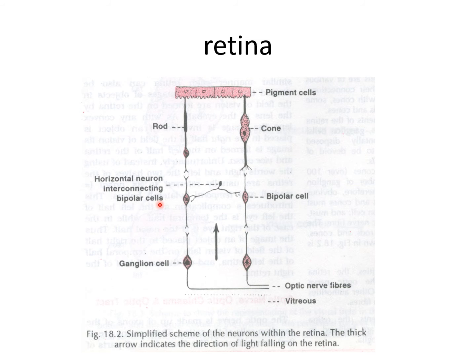Each rod is about 50 micrometer in length and about 2 micrometer thick. Cones are about 40 micrometer in length and 3 to 5 micrometer in thickness. So the pigment in the rods is rhodopsin and that in the cones is iodopsin. Ultrastructure of the rods and cone cells. So these are the rods and cone cells.